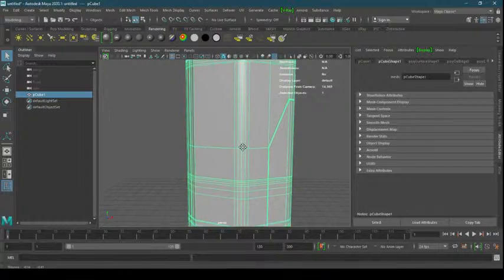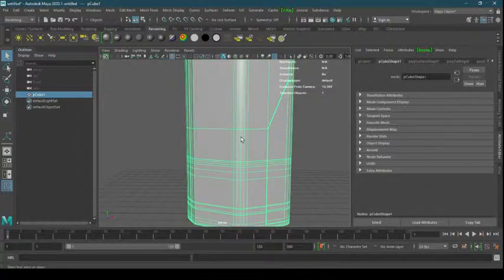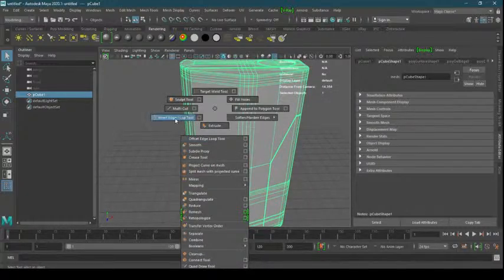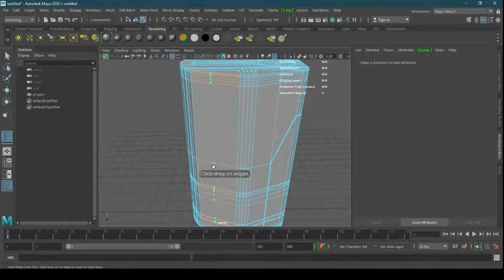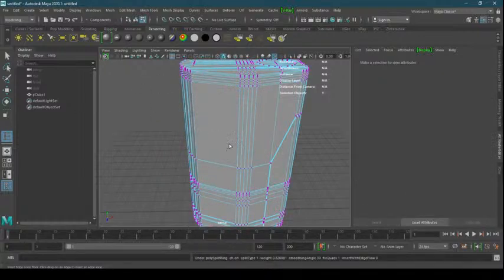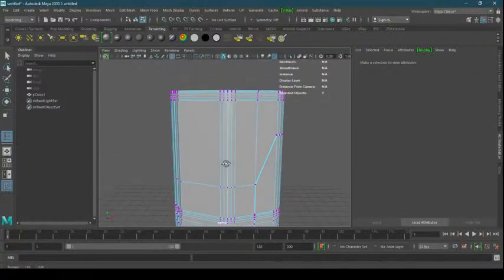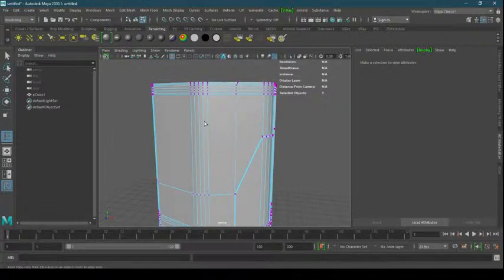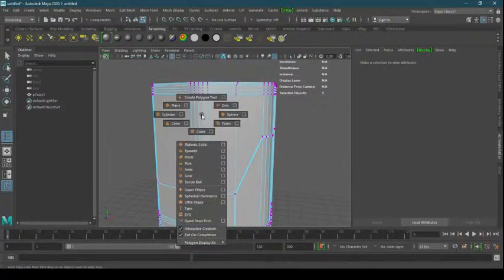Now to add that panel line here, I need one edge loop. Okay, so I'll right click shift, go to edge loop here, add an edge loop where I can have an edge loop. I think I don't need an edge loop because I already have a lot of edges here. So I'll go to vertex. Okay, and I might need an edge loop here. So I can go to shift right click,